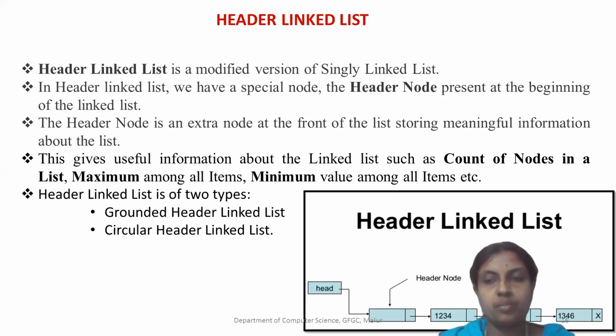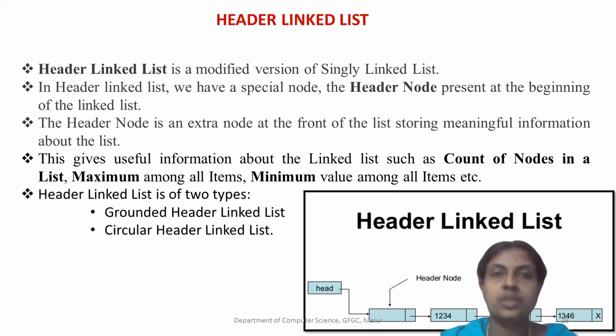So in these sessions we have come across two types of linked list. One is called single linked list. Single linked list means a node will be there, and the node is divided into two parts: one is the info part and the other is the address part. Then we discussed double linked list, where the node is divided into three parts. It will have the previous address, data, and next address. So these are the two types of linked list we have seen.